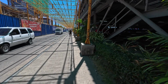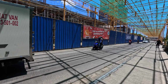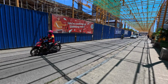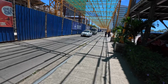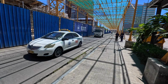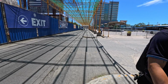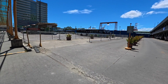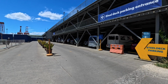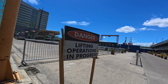You can find buses and vans from various areas too if you're looking for the cheapest route, and jeepneys, or the modern air-conditioned buses going from Ayala Mall area. They've got a kind of a terminal there for buses and jeepneys. Other areas as well. This is Bayfront Hotel right in front of us there, the parking, and just across the street is the